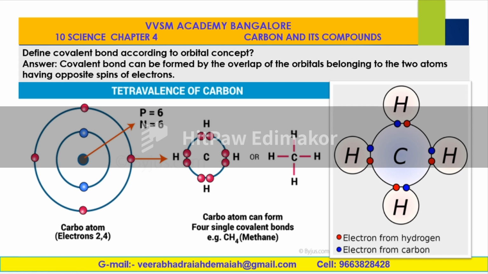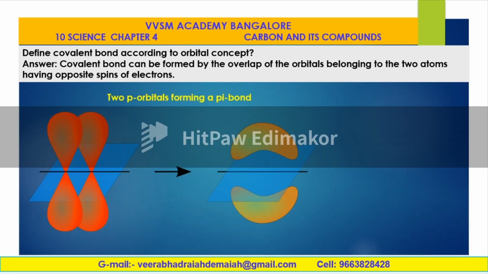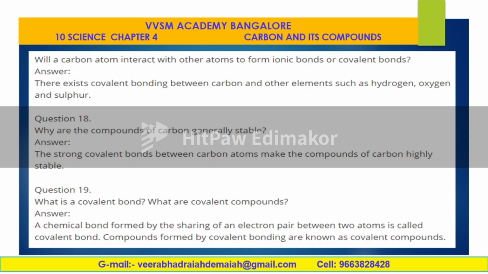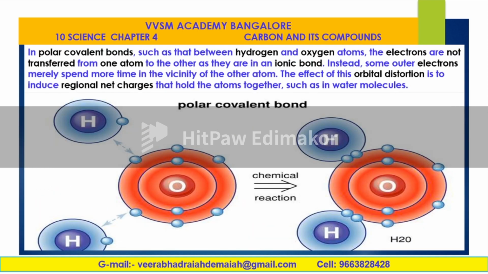And coming to the tetravalency of carbon, orbital theory, the formation of methane: the electron from hydrogen, electron from carbon, sharing of these electrons with carbon, this is called tetravalence. Because of the tetravalency of carbon, the organic compounds have been formed; various organic compounds we will discuss later in forthcoming classes. Now coming to the orbitals, s, p, d, f orbitals are there. So in this aspect of polar covalent bond,